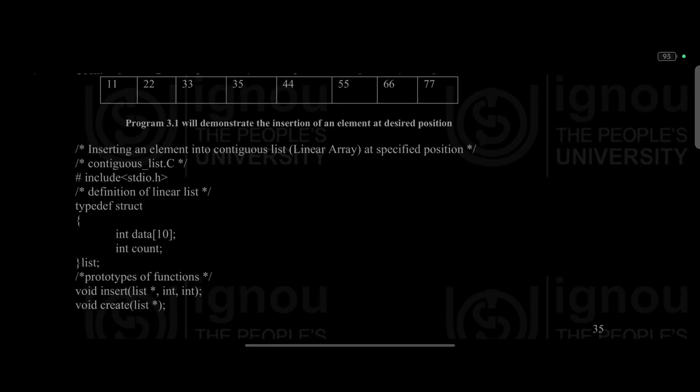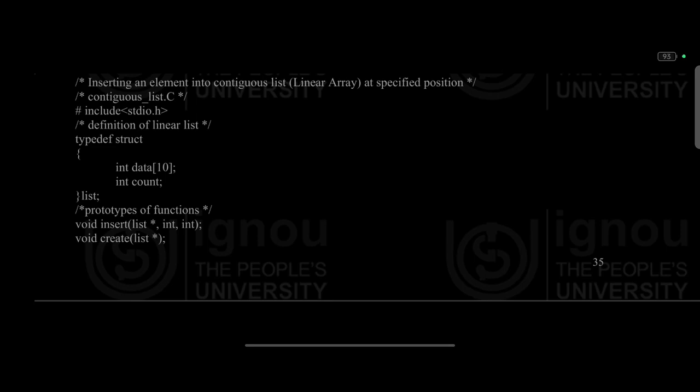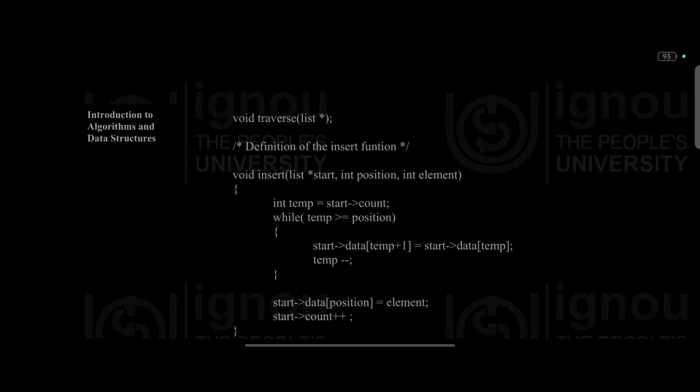This is one of the important topics. Inserting an element into a contiguous list, linear array, at a specified position. Contiguous_list.c, #include <stdio.h>. Definition of linear list: typedef struct { int data[10]; int count; } list. Prototypes of functions: void insert(list *, int, int); void create(list *); void traverse(list *);